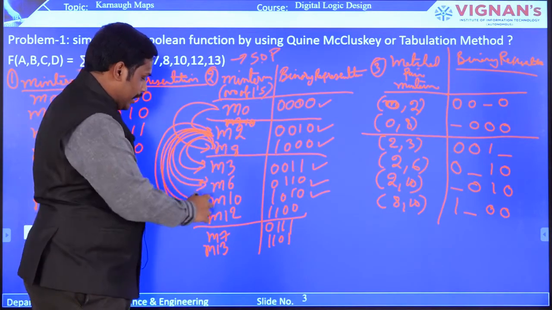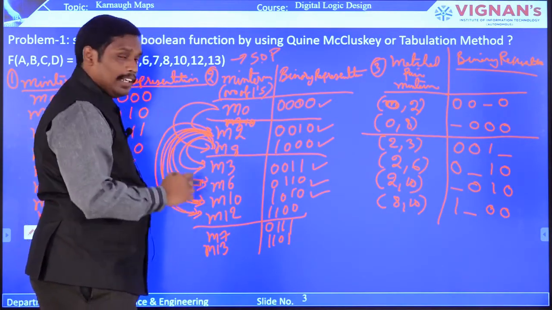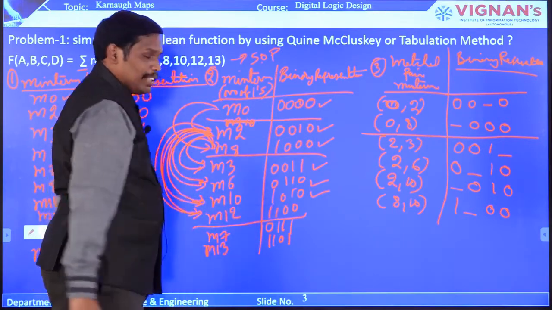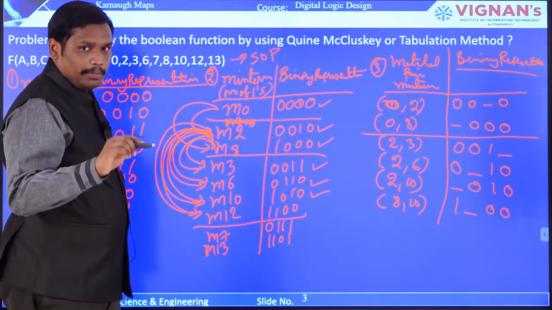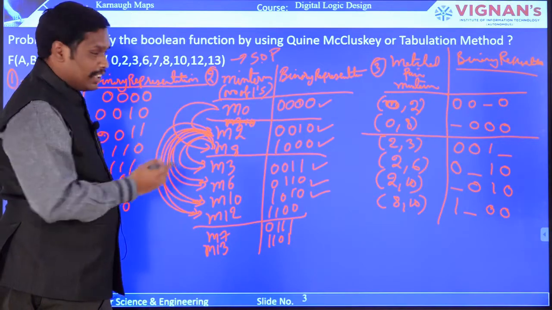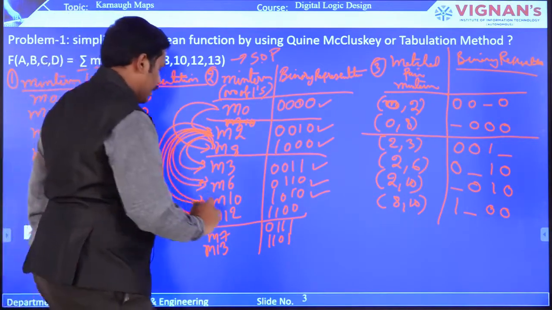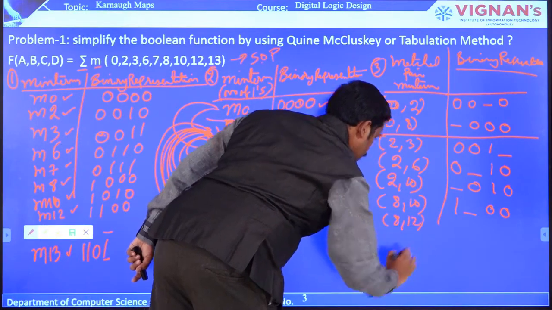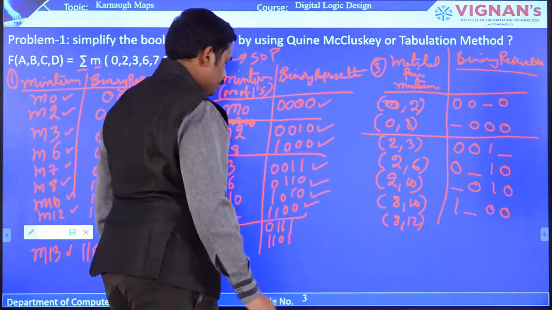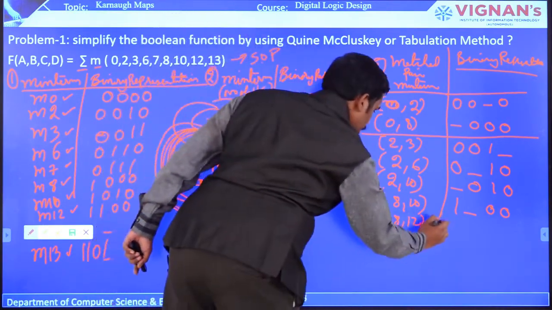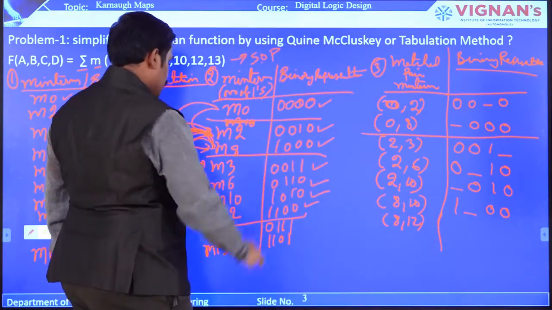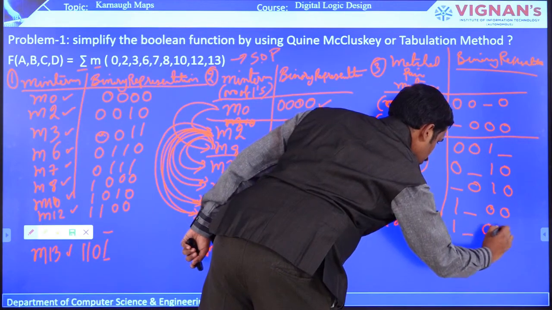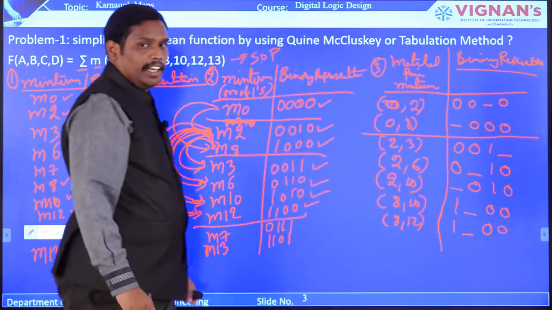And M8 and M12. So you can see that M8 is 1 0 0 0 and M12 is 1 1 0 0. So the second position is having a bit change. Only the second position is changing, the rest of the bits are the same. So you are going to compare that, and now having a tick mark and writing the 8 comma 12. So what is 8 comma 12? Now can you people tell me what is 8 comma 12? So that is 1 _ 0 0. So now I have generated again a matched pair.